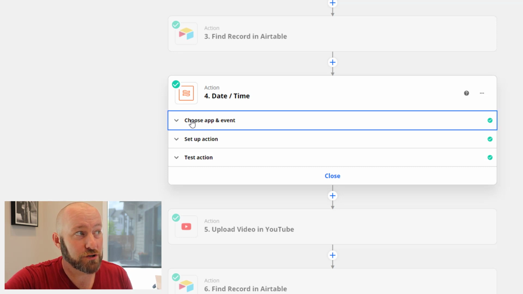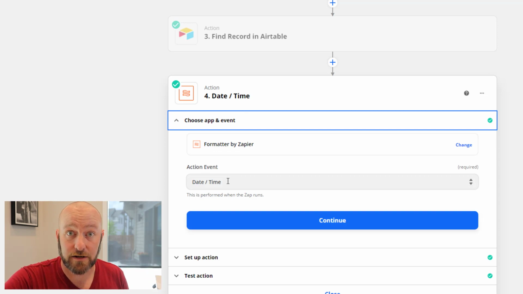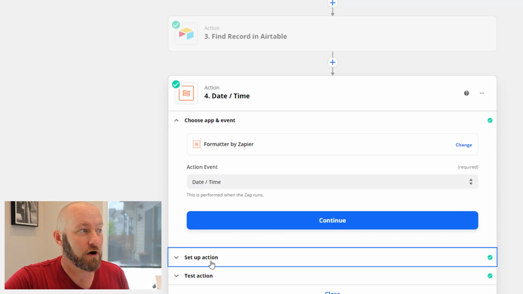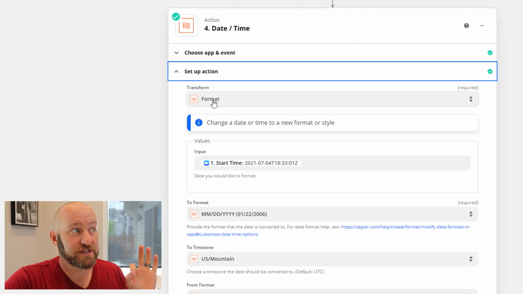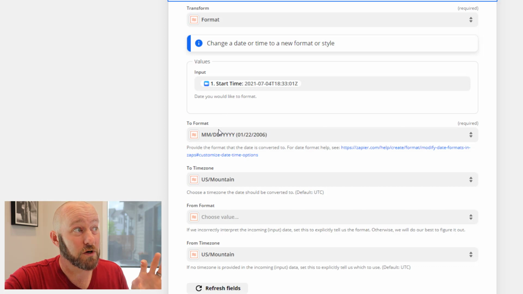So here we're going to choose the formatter by Zapier yet again, and this time we are going to be formatting a date and/or time. So in our action setup here, you're going to take the format option and you're bringing in the start time of the recording. Now this is the date timestamp of when the recording started. And what we need out of this is just the date. We don't care so much about the time, so convert it to